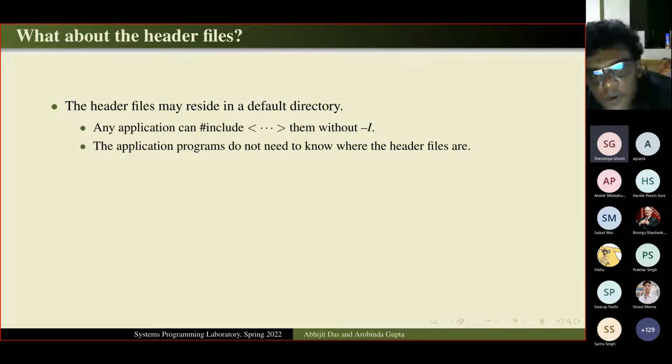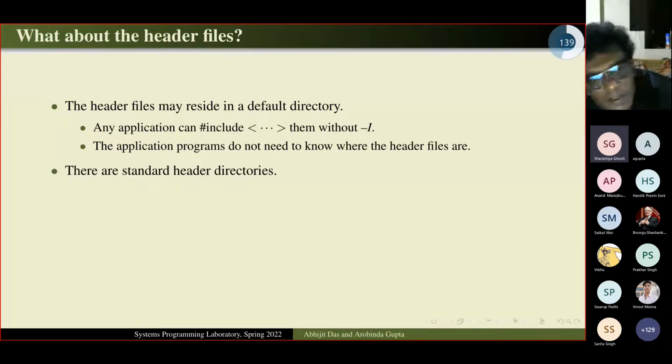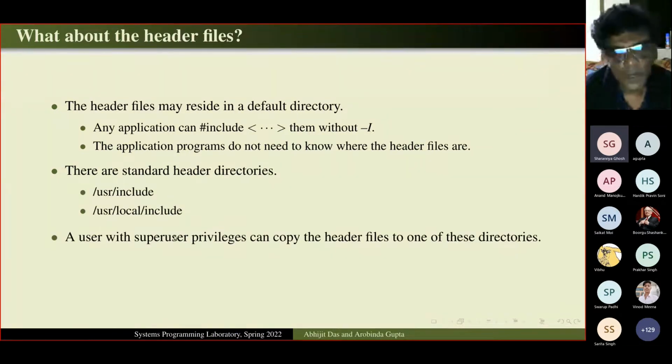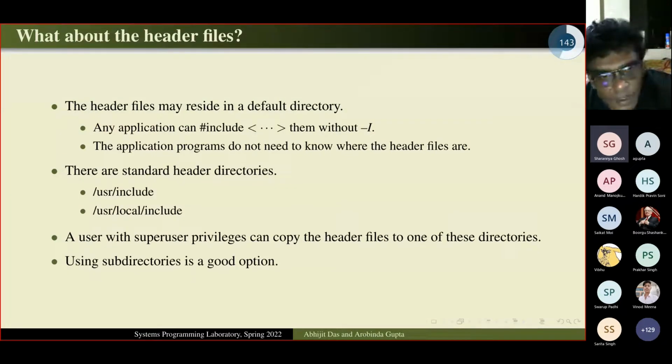So this is how the application programs do not need to know where the header files are. And again, there are standard header directories like /usr/include and /usr/local/include. A user with super user privileges can copy the header files to one of these directories, and then you can simply #include math.h, and you can call this. And using subdirectories is also often a good option,